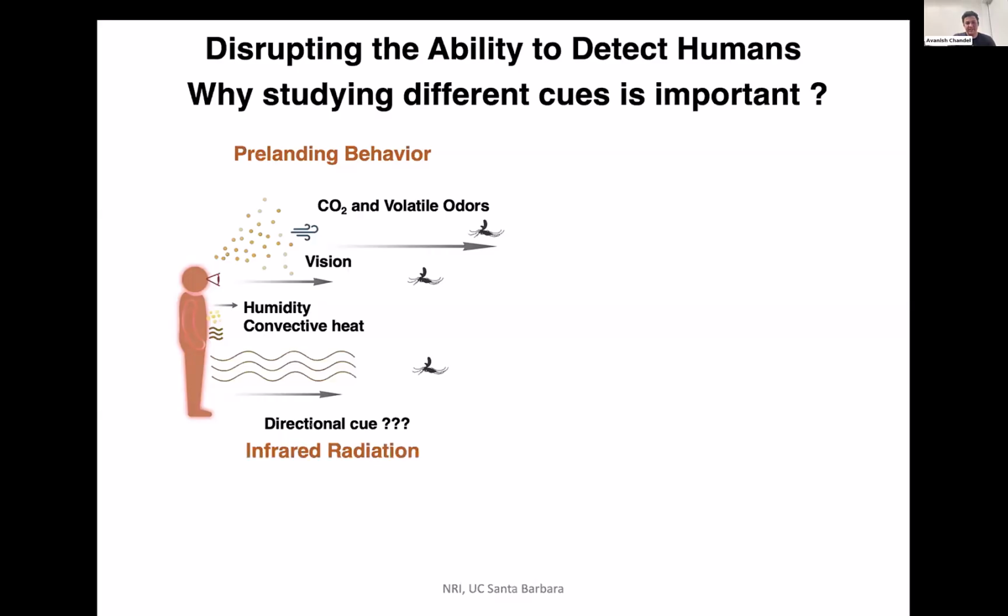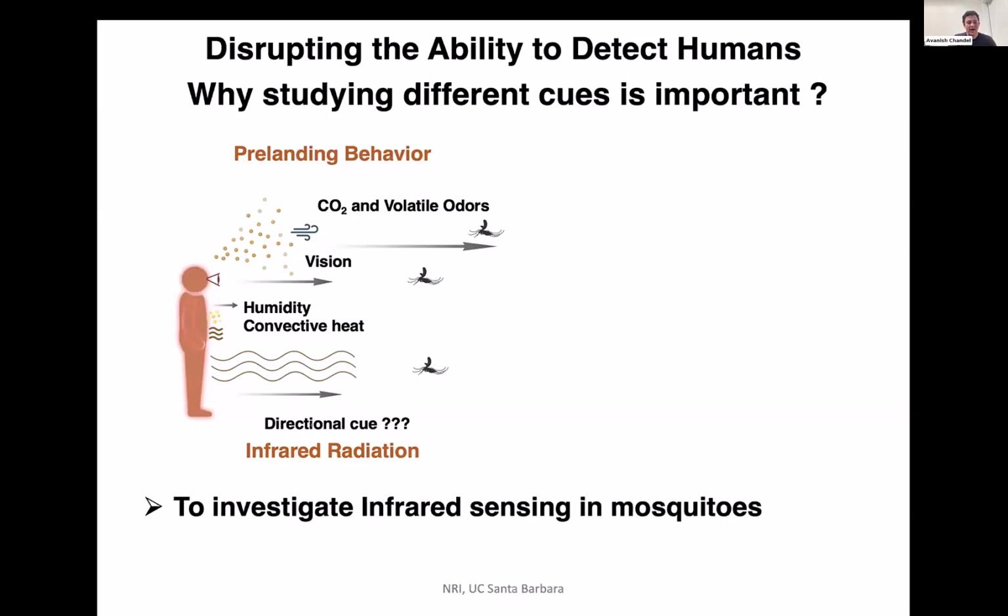We explored the possibility that infrared sensing can be one of the sensory cues that provides directional information to the mosquitoes towards a specific host. In the first part of my talk, I will discuss how mosquitoes use infrared sensing to narrow down onto their hosts. Once mosquitoes detect their host and decide to move towards it, they begin